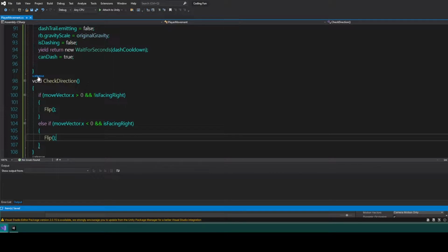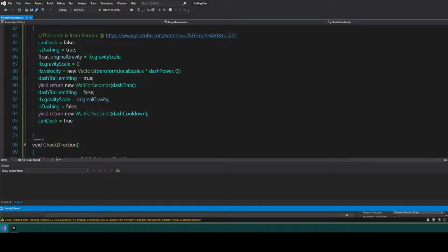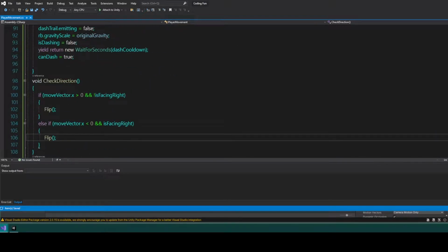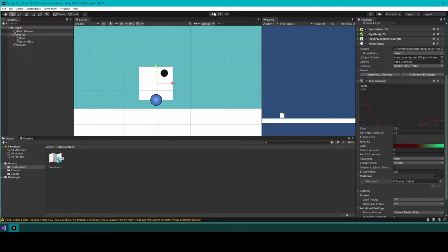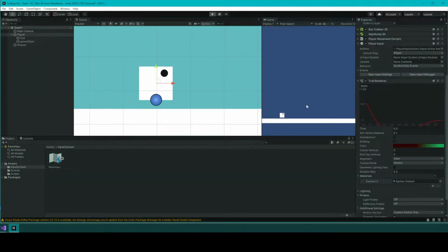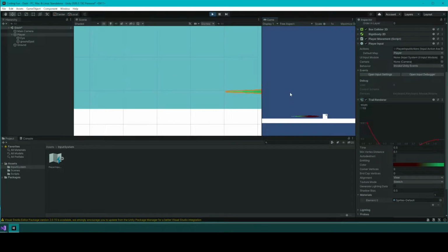So he is moving the transform right here on the dash function in the local scale.x. Now, since we are moving our vector, this should work to now dash in the direction that we're moving. I think. Okay, we're moving right, we dash right. Nope. You see how it still goes back? Okay, that's one issue